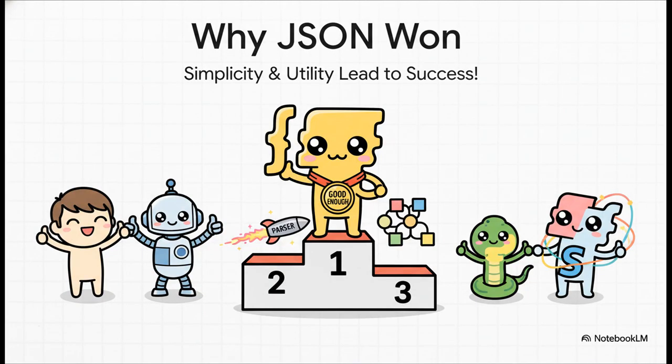So if it has all these limitations, why did it win? Why is it everywhere? Because its strengths were exactly what the web needed at the time. It's easy for people to read, which helps with debugging. The syntax is so simple that parsers are incredibly fast and efficient. And maybe most importantly, it maps almost perfectly to the common data structures like dictionaries or lists in pretty much every programming language out there. There's almost zero friction to start using it. It was just good enough for the vast majority of jobs,